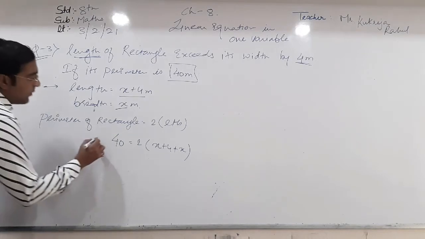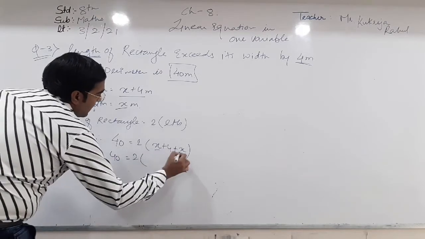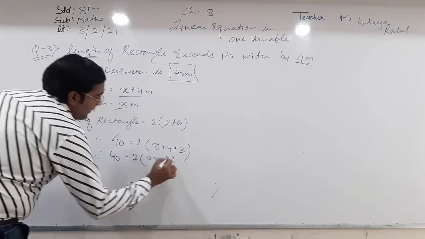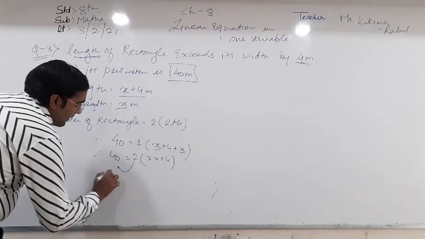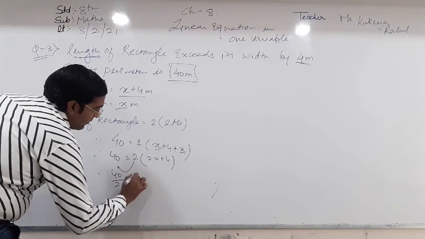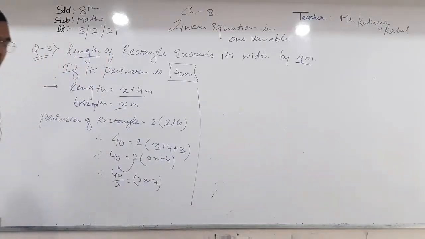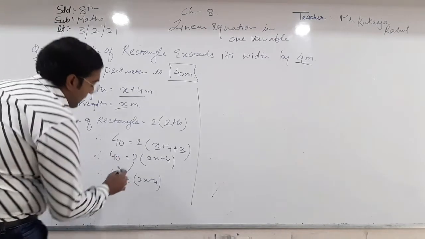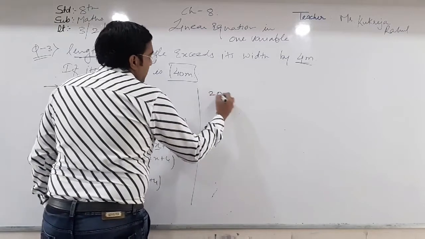Clear? So therefore 40 equals 2 times x plus 4 plus x, that will be 2 times 2x plus 4. Now 2 is shifted to the second side to divide the 40. So it will be 40 by 2 equals 2x plus 4. Clear? So now 40 by 2, when we do cancellation, 2 ones are 2 and 2 twos are 4. So it will be 20 equals